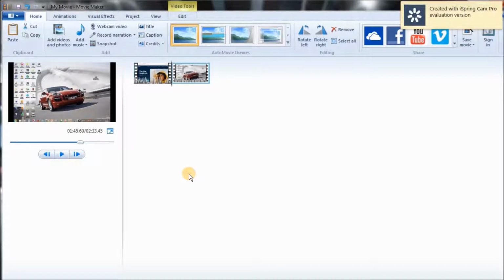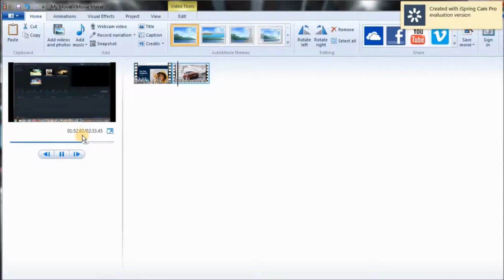Then from here, you can start to edit the video. This way you can see what is going on. So you can play the video to know what is going on.